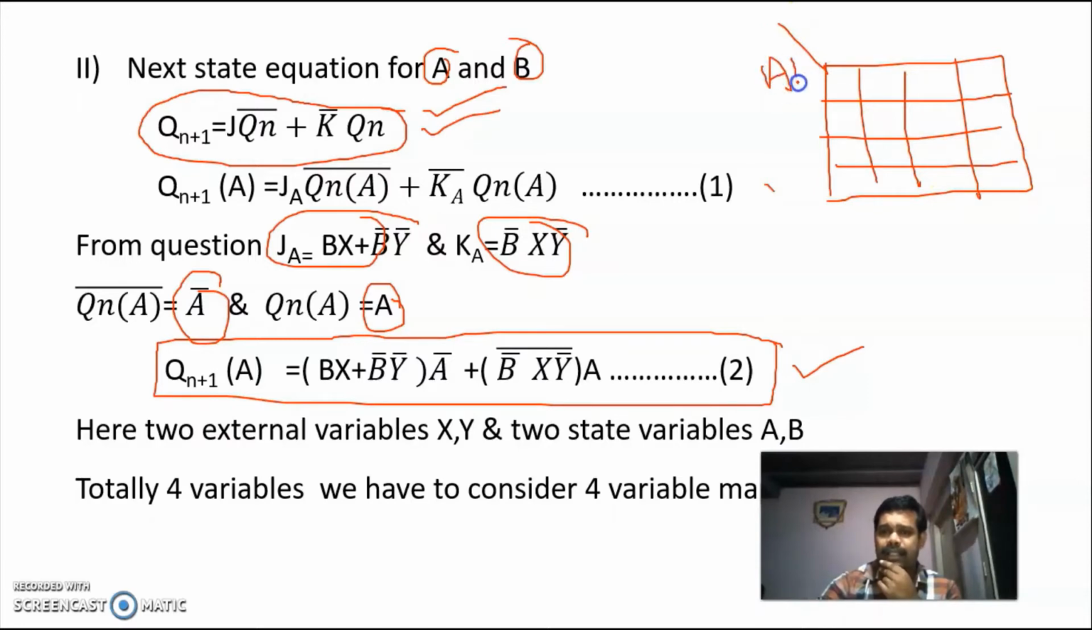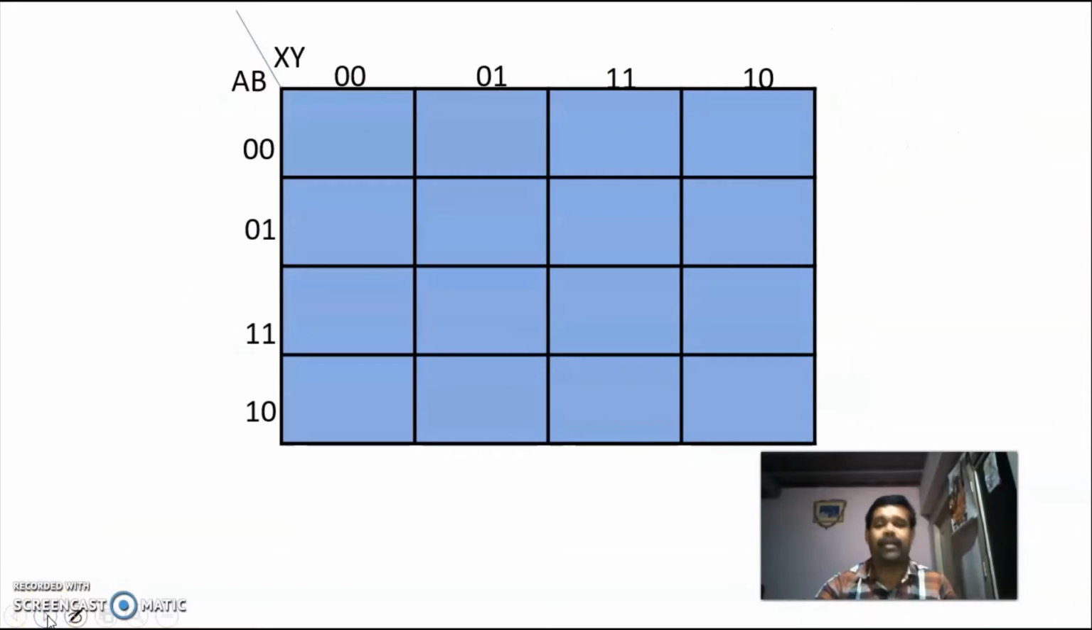A, B are the state variables, and X and Y are the external inputs. So you must write like this. First you have to write the state variables, then only you have to write the external variables. Okay. So similarly, now